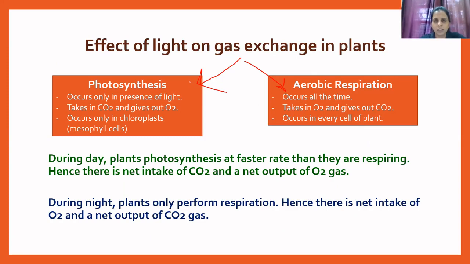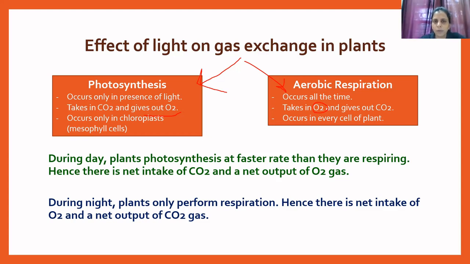But aerobic respiration occurs all the time in green plants. Whether it is daytime or nighttime, aerobic respiration occurs throughout the day and throughout the night. For photosynthesis, plants take in carbon dioxide as a very important raw material, and they give out oxygen gas. Oxygen gas is produced in photosynthesis as a byproduct. But for aerobic respiration, plants take in oxygen and give out carbon dioxide gas. Oxygen gas is important because it is required for the breakdown of glucose molecules in aerobic